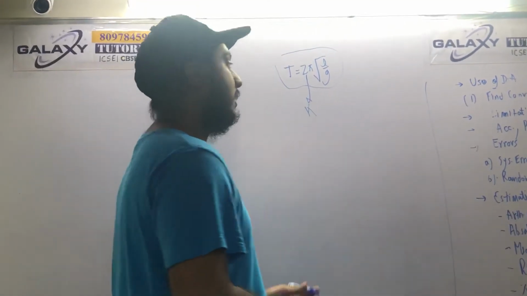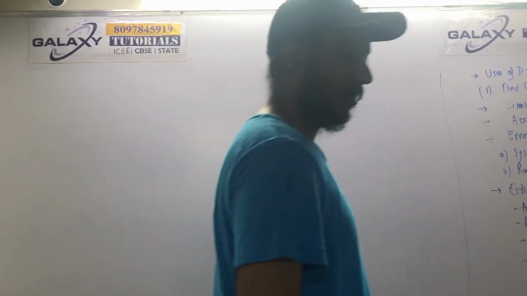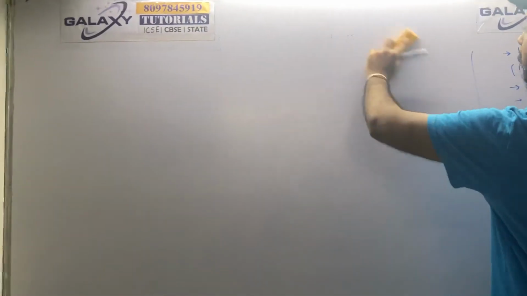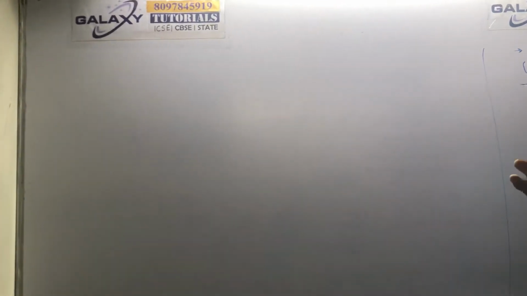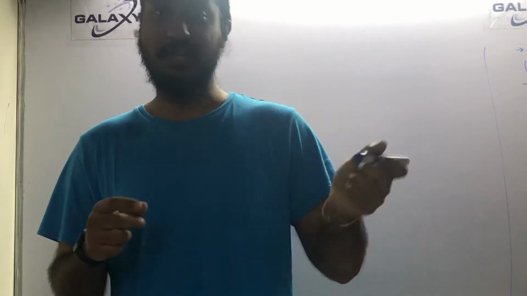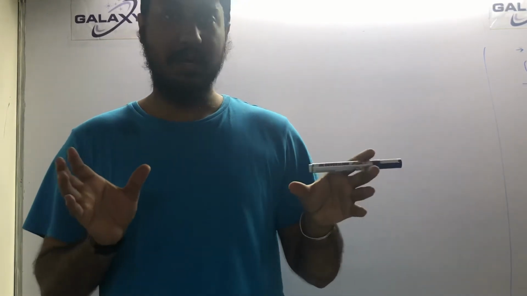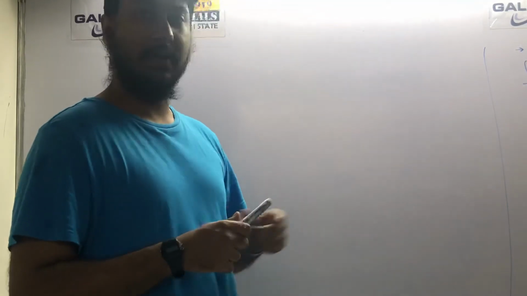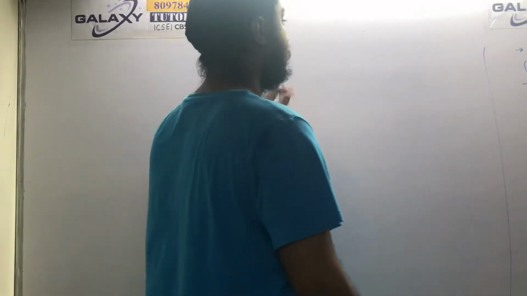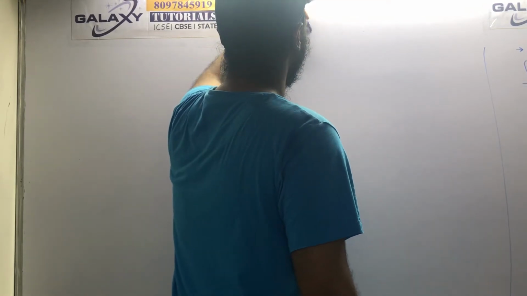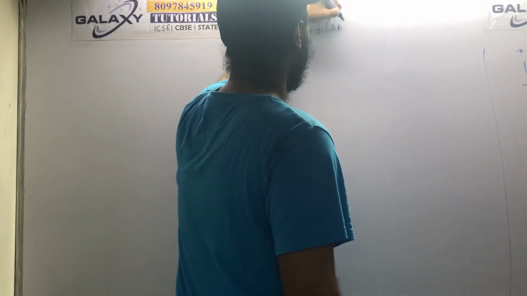Now, there is another use of dimensional analysis. There are actually three uses. The first use was to find the correctness of a relationship, whether the dimensions on both sides are the same or not. The second use is to find the equation, and the third use is to find the conversion factor.